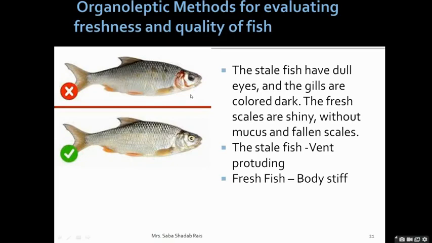Next thing we can observe is the gill lamellae. This is a general test. When we go to the market, we first check the gills of the fish. You have to open up the operculum to check the gills. In fresh fish, the gills appear very bright red and do not look dull, gray or slimy. And when you observe the smell from the gill portion,